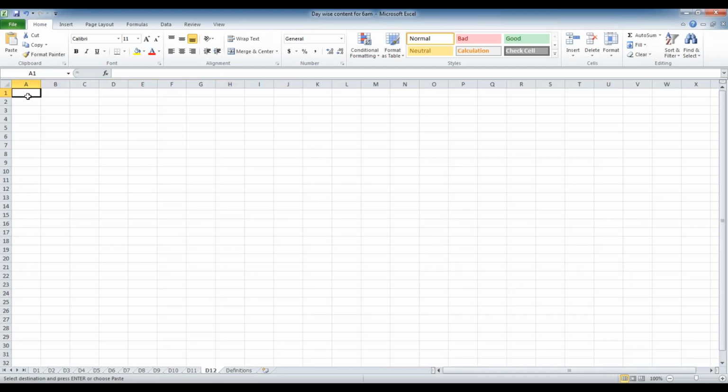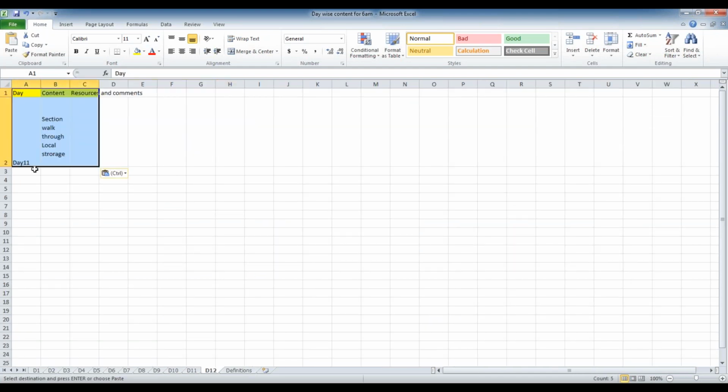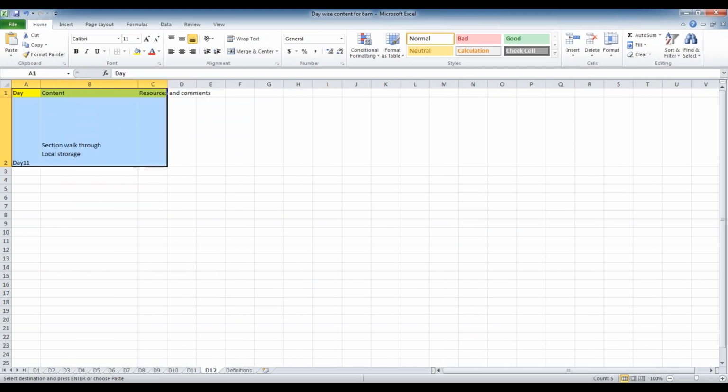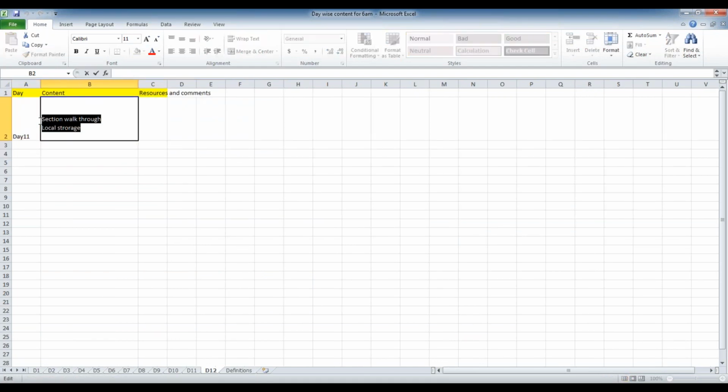So yesterday we have seen how to add the local storage. Now we will see how to retrieve the data using the data pages.